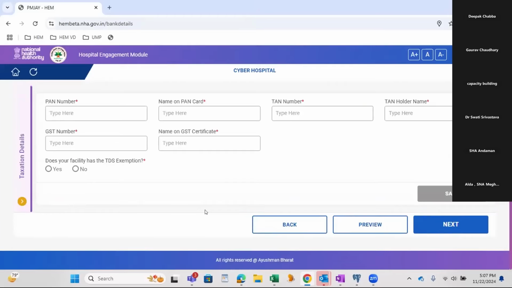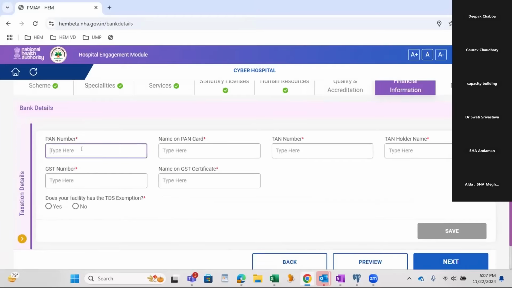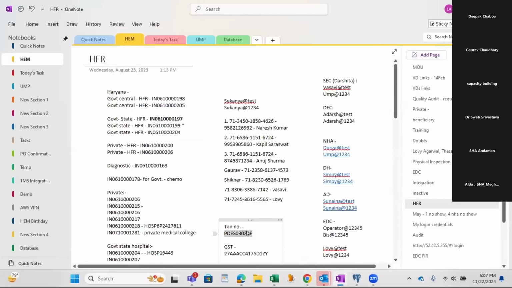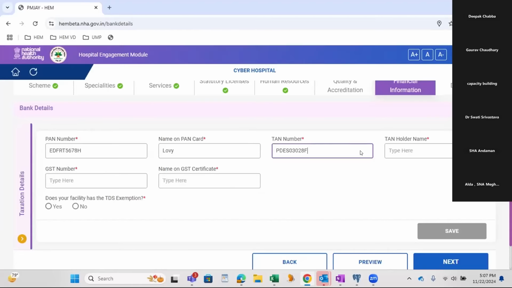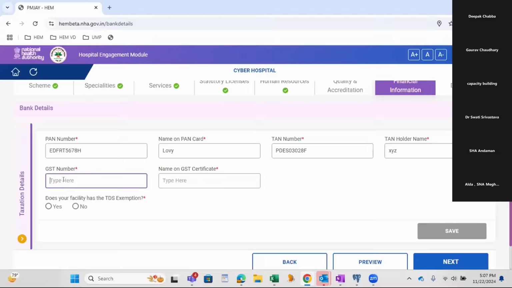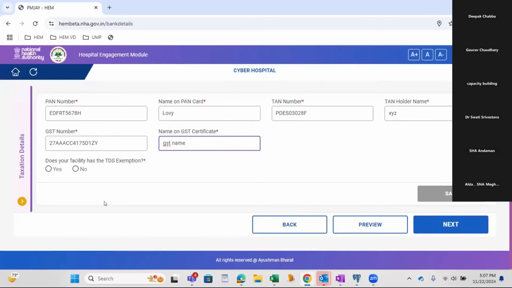Now taxation, tax details, all the tax information like PAN number, TAN number, I'll fill these details. TAN name, GST number, and again GST number, GST name. Does your facility have a TDS exemption?